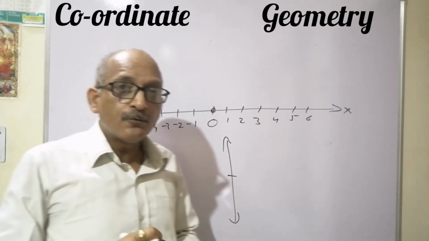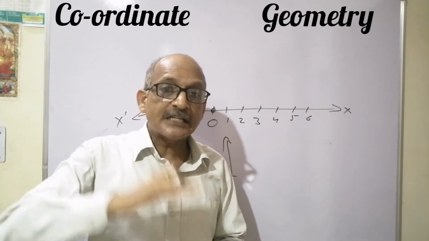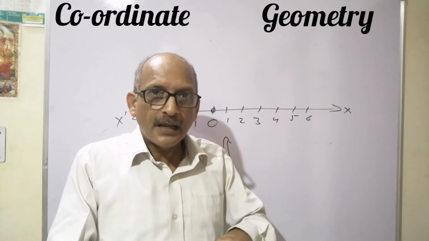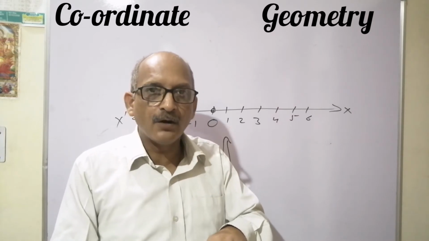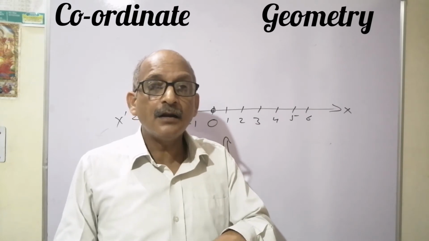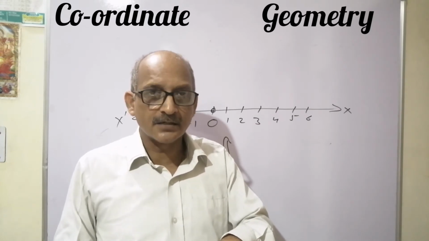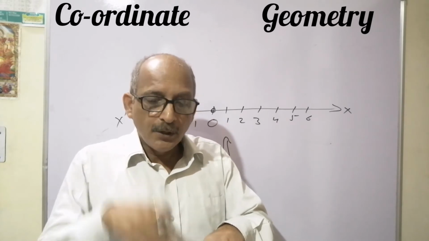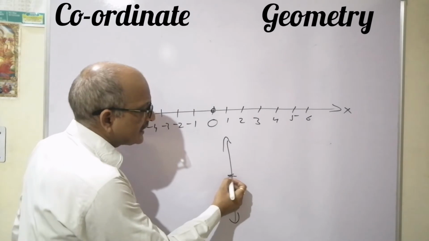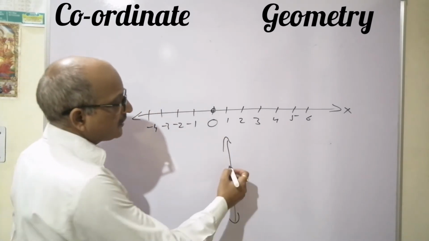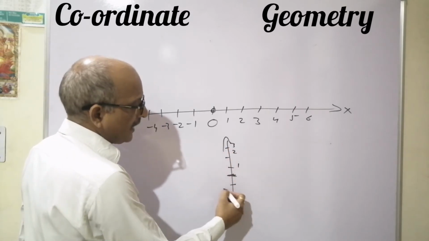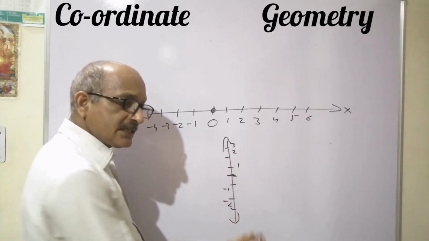It is used to find the height of something with respect to sea level, or the depth of something with respect to sea level. Like big fishes are found 300 meters below sea level, which means they are at -300 meters. Below sea level is minus, above sea level is plus. So let's consider this is sea level. Above it always +1, 2, 3 and so on, and -1, -2, -3 and so on.